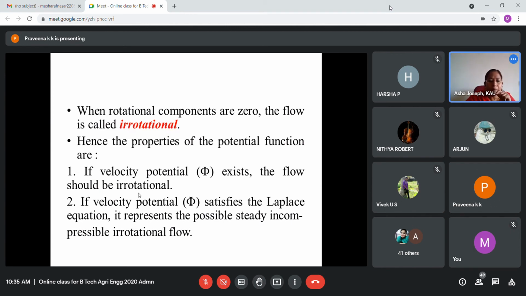Now, Pravina, one or two problems we have to work out through this class for the students, so then only they will be able to understand it. I think one or two standard problems you can take for the next class. Yes, okay. Students, you also please study and come. We'll discuss one or two problems very fast in the class so that you will be able to understand all this concept properly. Okay.